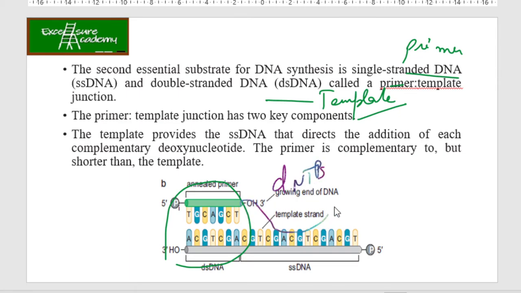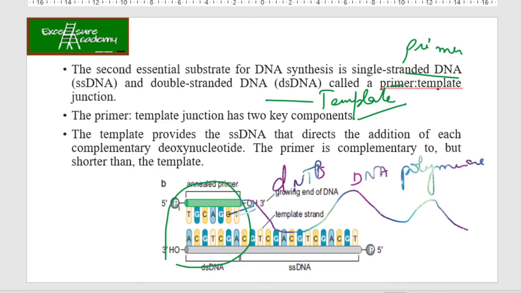So here your new strand will be synthesized with the help of the primer and your DNA polymerase. Okay, so basically right now we are just saying that we just need primer and DNA polymerase. Actually many proteins are involved in this. So as we move ahead we will keep introducing proteins, so that it becomes easy for you to visualize and imagine how exactly with the help of this template DNA the new DNA strand is being synthesized.